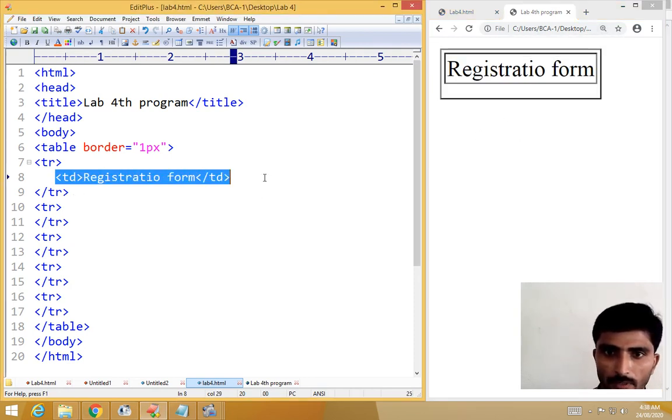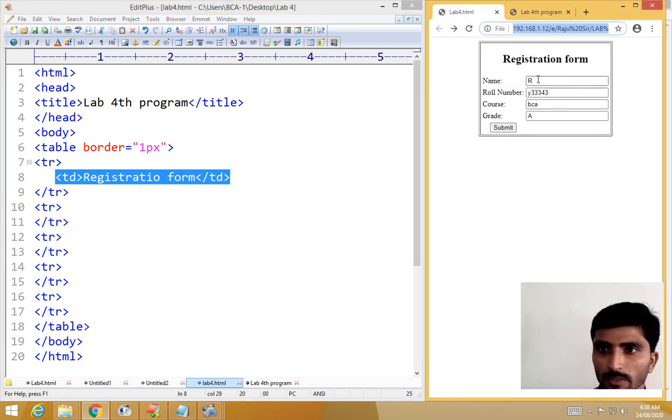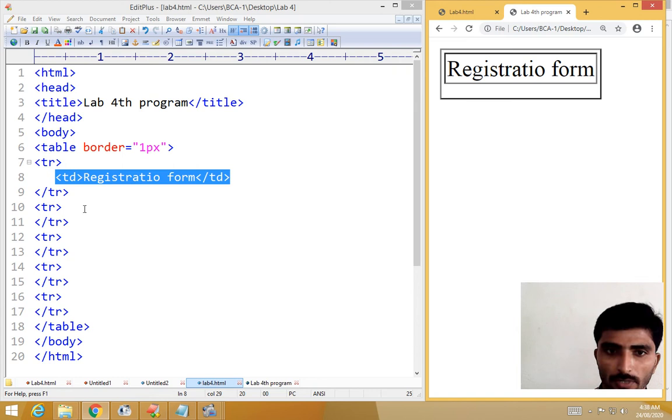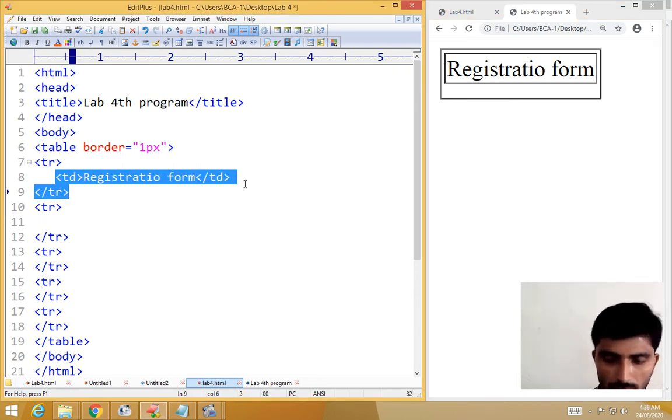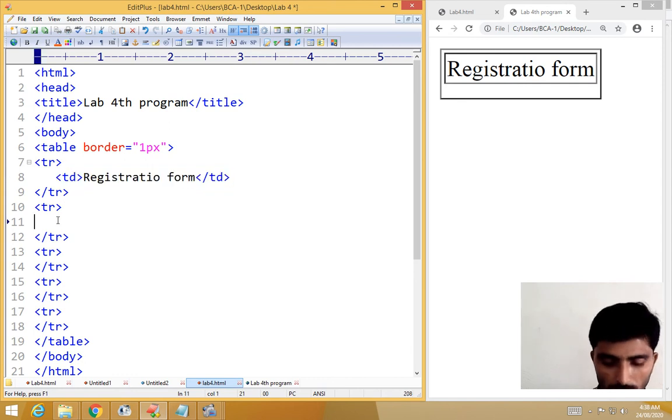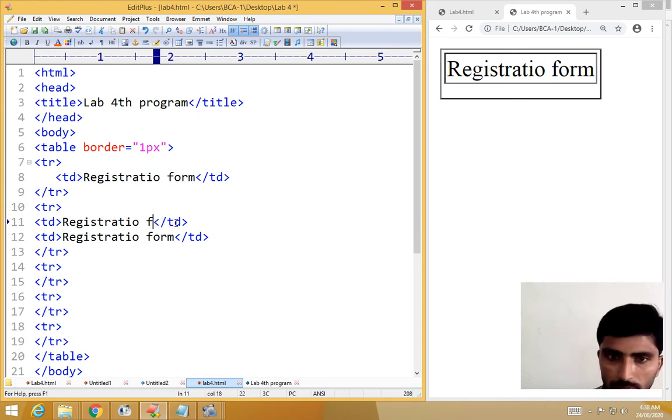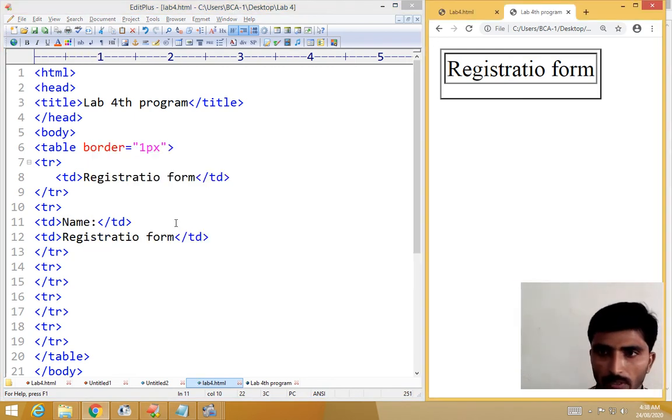Then after that there are two here, 1 2. This is also one column, this is also one column. There are two columns we have to create. So how to create two columns? In the second row I want to create two columns like this. Just copy, this is the first column, then again copy like this. So what is the first one here? The first one is name. Enter the student name, then colon, save like this.